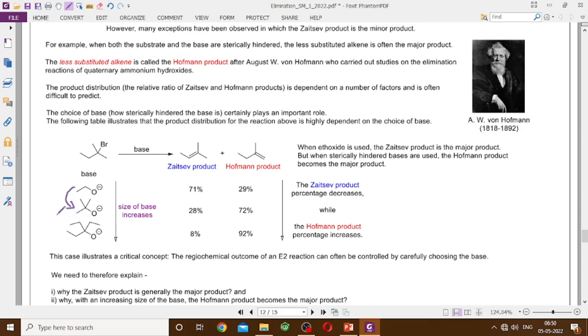Why is that happening? And even তার থেকেও যদি বেশি বাল্কি বেস ইউজ করি, যেখানে মিথাইলগুলোকে ইথাইল গ্রুপ দিয়ে রিপ্লেস করা হয়েছে, এটাও একটা টার্সিয়ারি অ্যালকক্সাইড, it even goes further. 92% of the product is now Hofmann, only 8% is Zaitsev. So this time we are concentrating on two questions. একটা হচ্ছে কেন সোডিয়াম ইথক্সাইড বা এই জাতীয় বেস দিলে Zaitsev প্রোডাক্টটা ডমিনেট করে, Hofmann প্রোডাক্ট কেন ডমিনেট করে না, আর কেন বেসের সাইজ বাড়িয়ে দিলে Hofmann প্রোডাক্ট ডমিনেট করতে শুরু করে, Saytzeff প্রোডাক্ট বা Zaitsev প্রোডাক্টটা মাইনর হয়ে যায়।